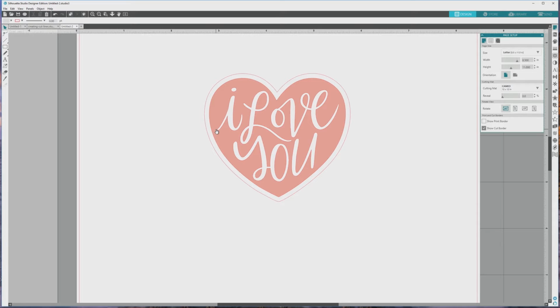SVG files can only be used in the premium versions of Silhouette Studio. If you have the basic free version, you can use other types of vector files, including GSDs and DXFs, or you can use the trace feature of the software to convert a raster image like a PNG or a JPEG to a vector. To color or recolor vector images like this one, we'll first open the Fill panel from the